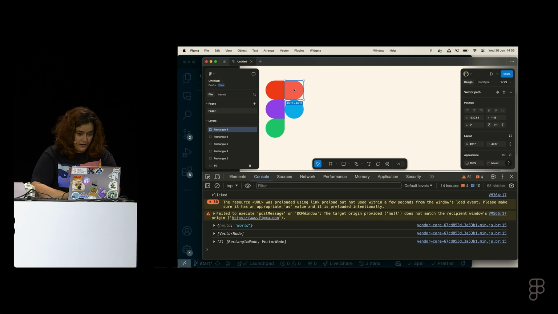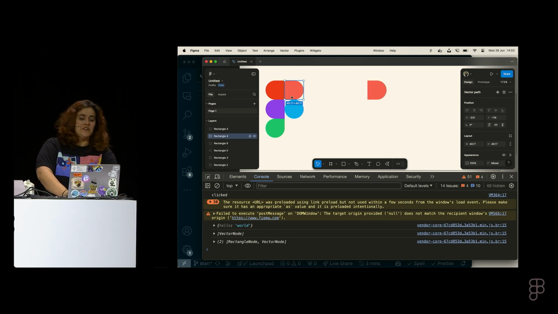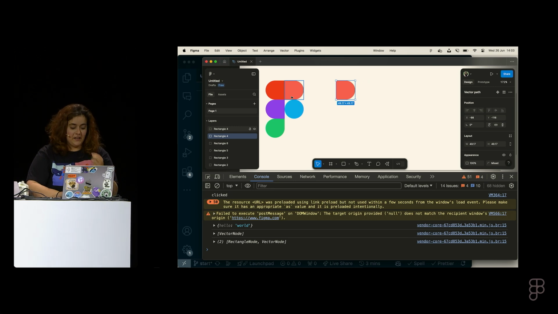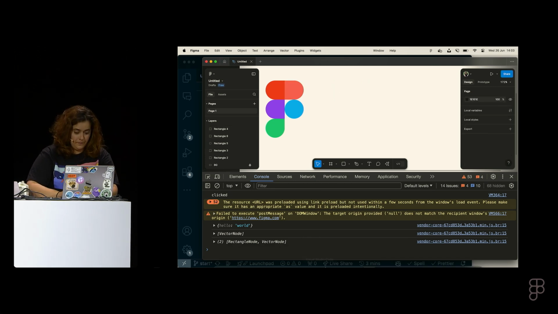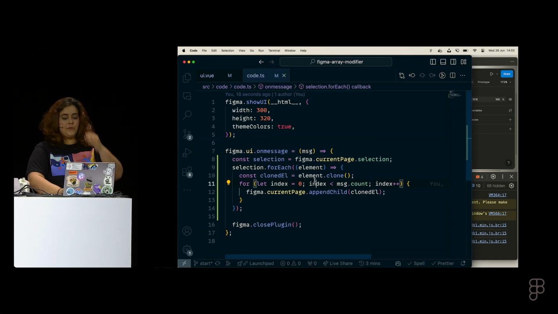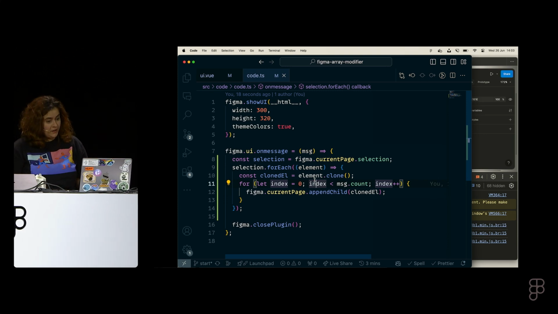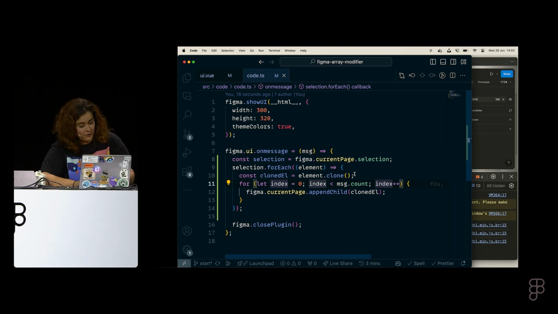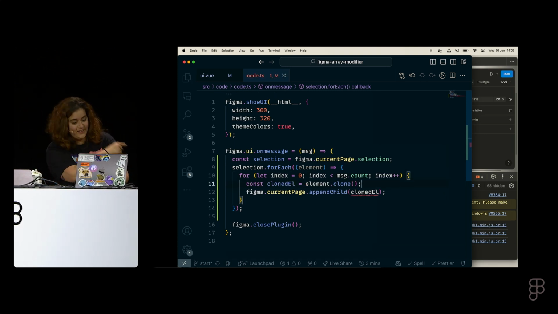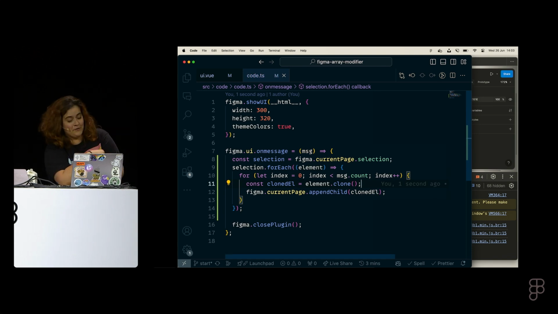So now there is a bunch of these. There's some of these, as you can see. So for each, I am basically telling it, okay, give me more. I want more of them. There we go. But as you can see, it didn't work properly. And you know why that didn't work properly? Because I have to clone it in here and not in there. Because I have to clone it every time I create it.